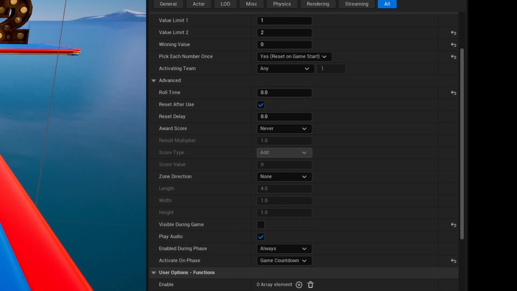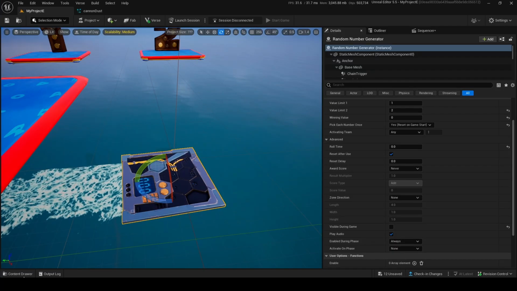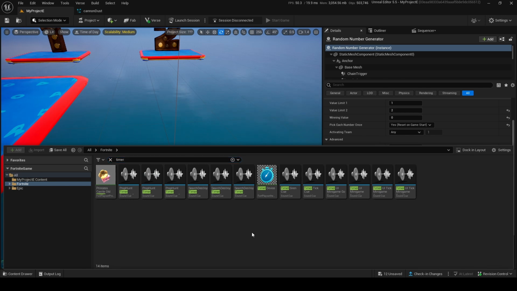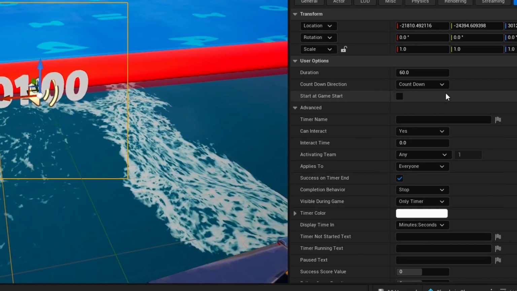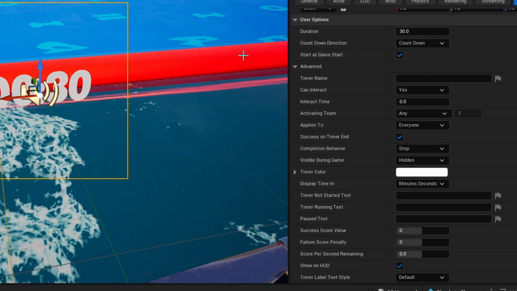You can activate on game start if you want, or you can have a timer device go into it, so there's like a 30-second countdown timer before the game begins. So that's all I'm going to do. I'm going to make a timer device, kind of like the first episode. It's going to make a countdown for 30 seconds, and we want this timer to start at game start,